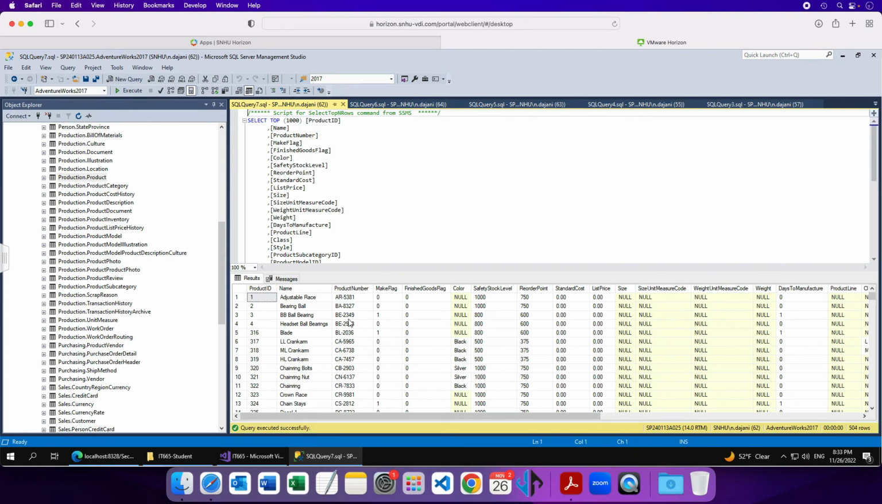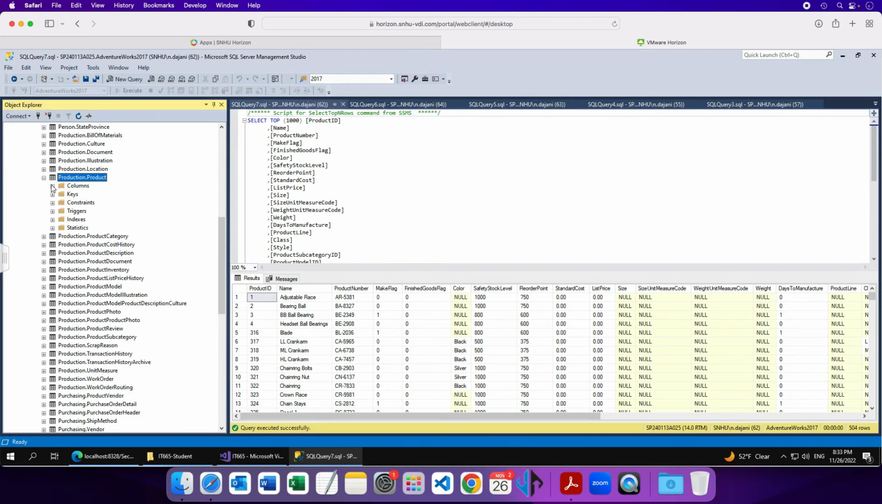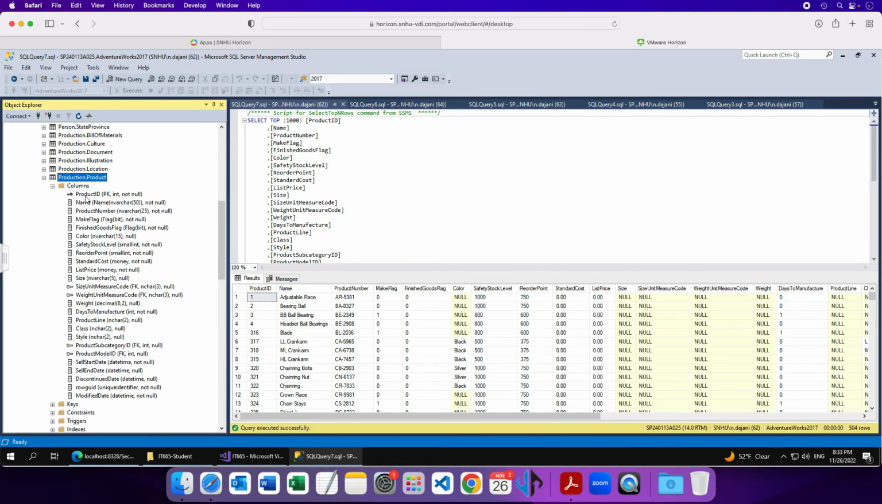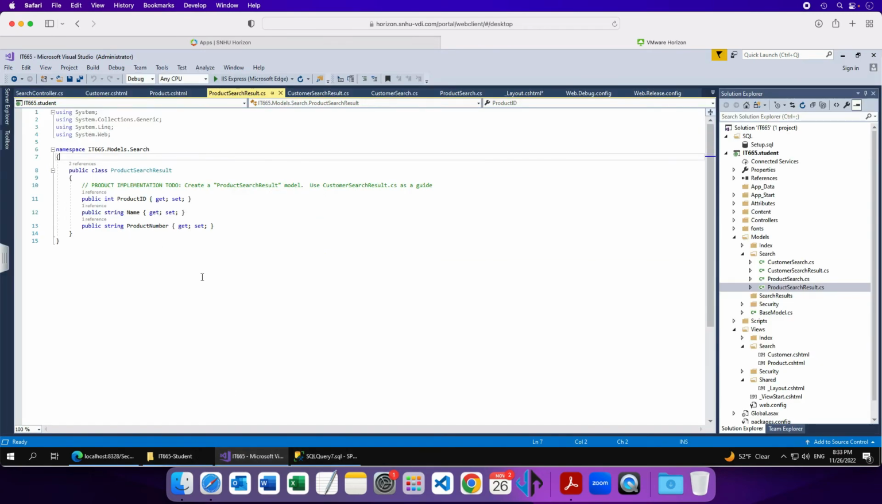But if you want to take the guessing out of it, then you can just expand the actual table and then expand the columns. And now it tells you product ID is an int. Name is an nvarchar, which basically is a string, and product number is also nvarchar, which also is a string. Okay, so when we go back to our code again,